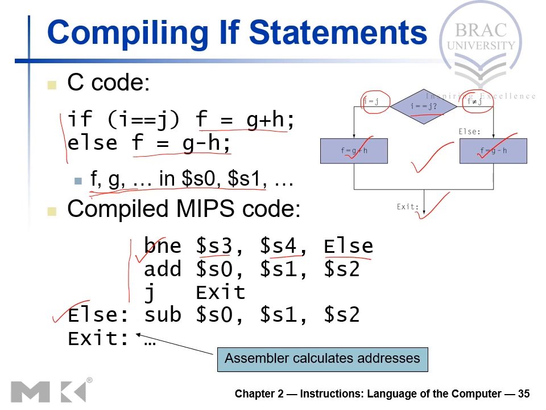Now, if we compare this line with this one, what do we see? Even though here we see not equal to, in the C code we see equal to. So why is that? One trick of writing MIPS code is that when you see a condition like this, which is equal to, you start your code with not equal to, as we have done here.